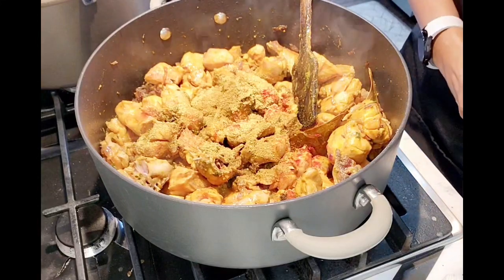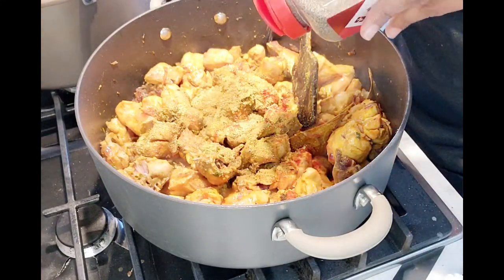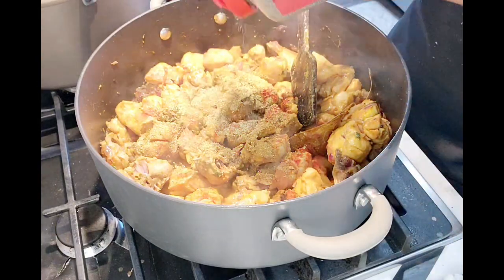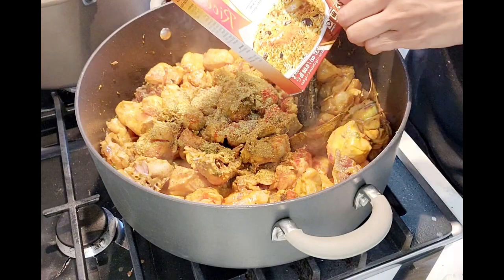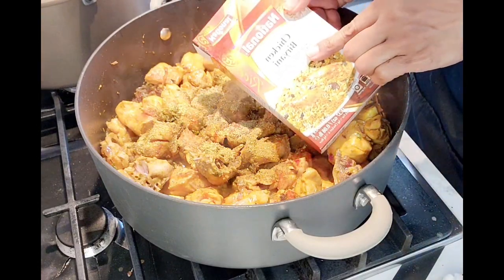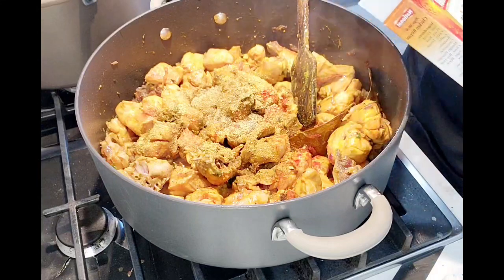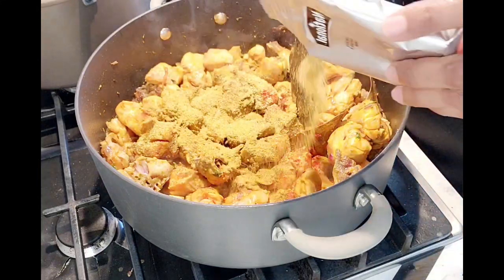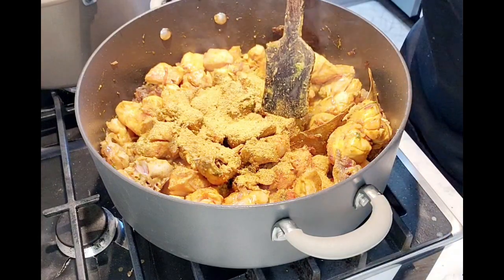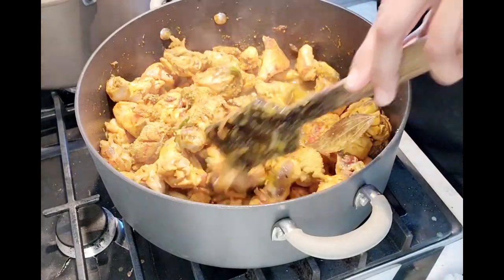And let's add some pepper powder now. Again, about 1 spoon is good. And I use National Chicken Biryani masala. You get this in the Indian stores, but you can use any chicken biryani masala from Indian stores. So I'm putting a little bit of it, maybe 2 spoons of it, and mix it well and